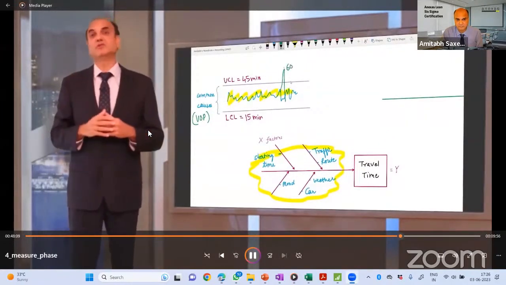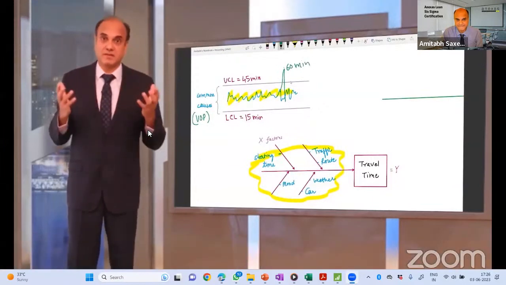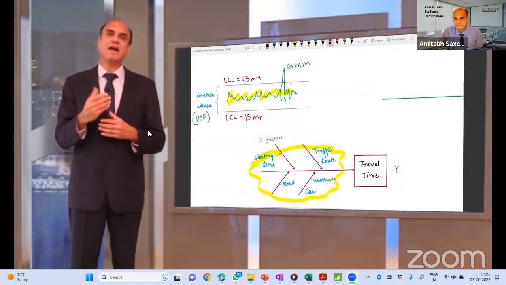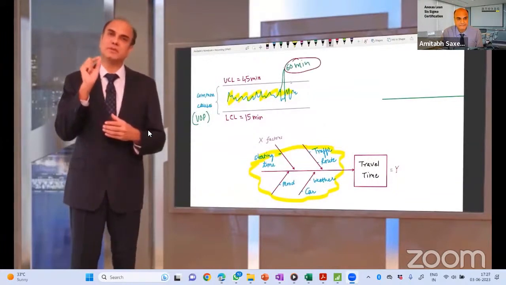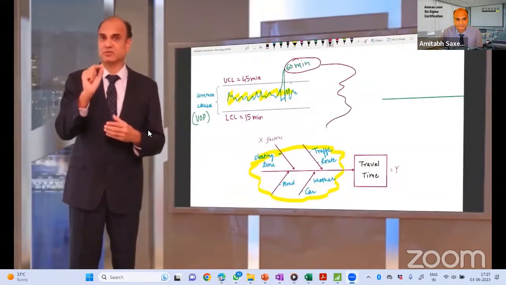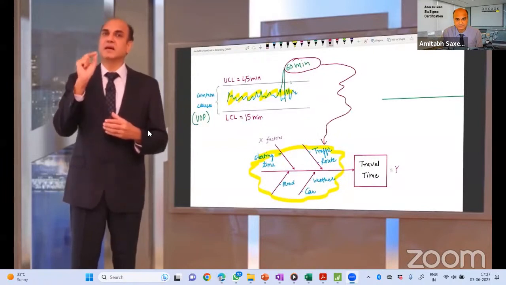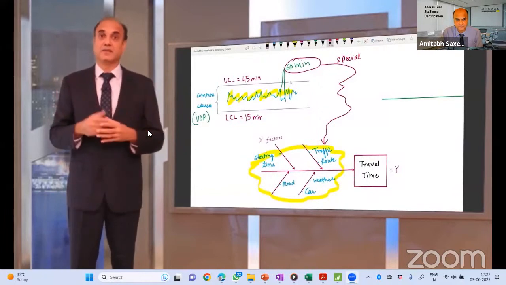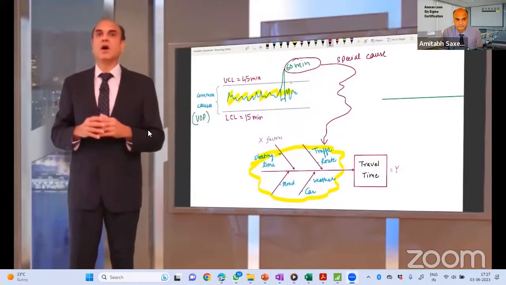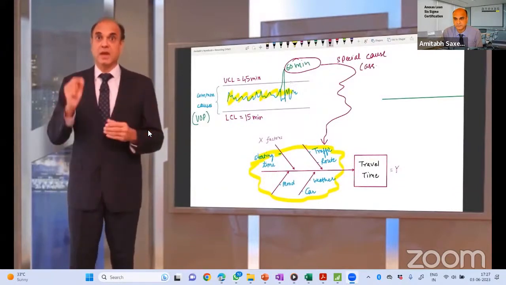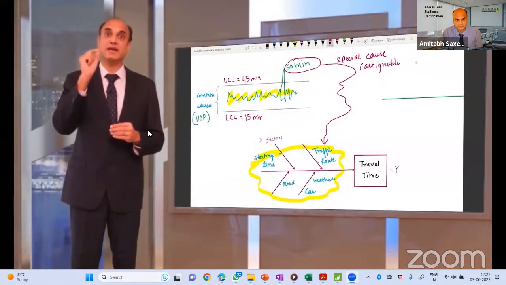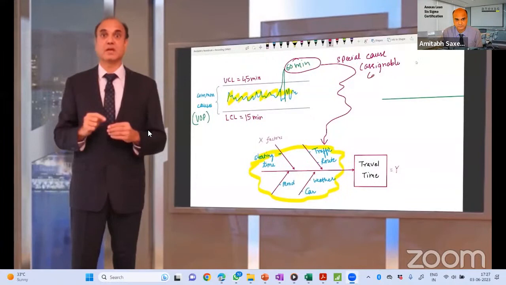Then my answer won't be that all the causes are acting on my system and producing this variation of 60 minutes. I might be able to point out a cause. We call it a special cause. So I may say that I took 60 minutes because maybe today there was too much traffic on the road, or it can be any factor. So when I go out of control limits, I can specify a special cause,